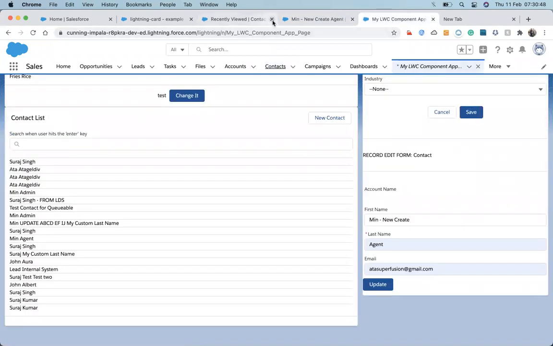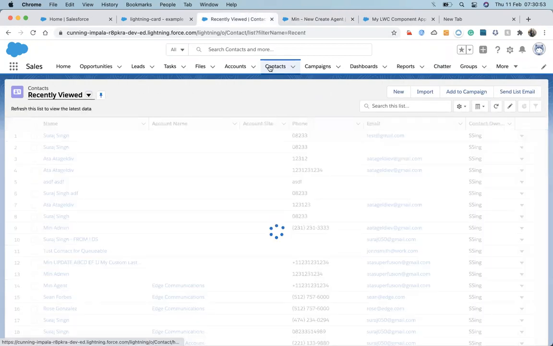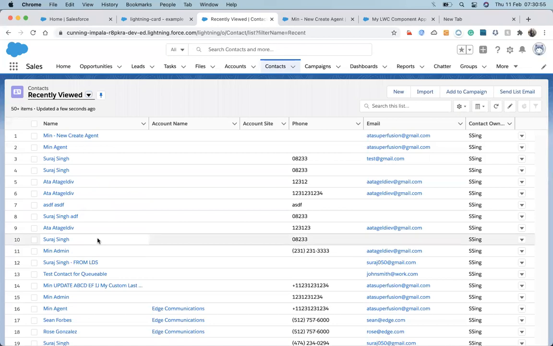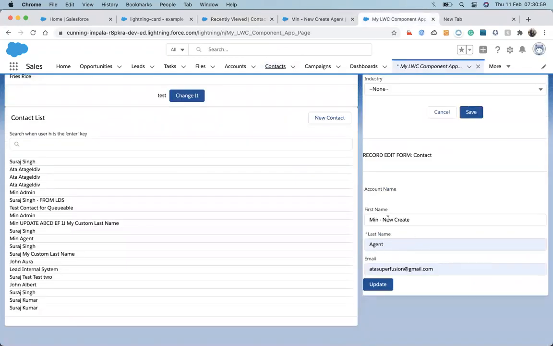New create. Let me check. It should create. The last name is agent. Yes, it's creating that record whenever I hit update.